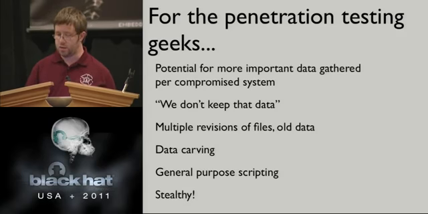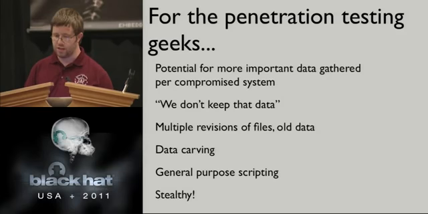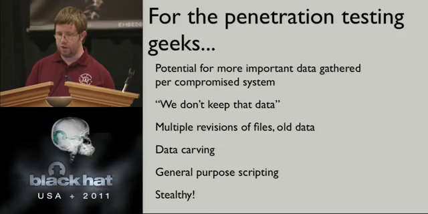The way we pull that out is with data carving tools like Foremost and Magic Rescue and things of that nature, which look for the signatures of files, the headers that we know of. We know that JPEGs start with a certain byte sequence. We know that Microsoft Office files start with another byte sequence. We can basically do a brute force, start at the beginning of the disk, roll to the end of the disk, looking for those headers and pulling out files without knowing where they were previously allocated. So we may want to do that sort of data carving on free space on a victim's hard drive or other drives that are hooked up to the system.